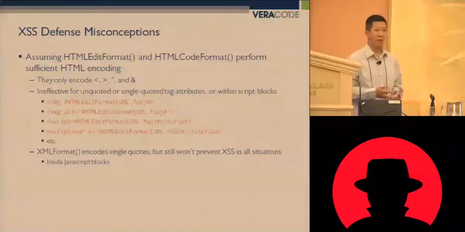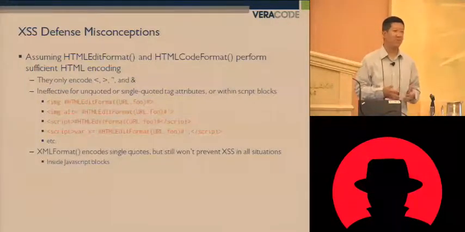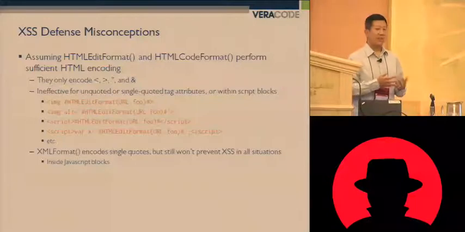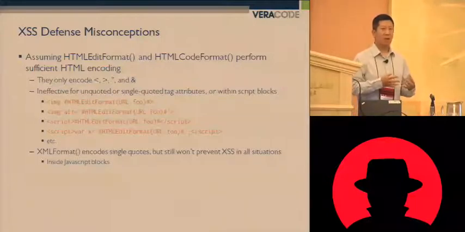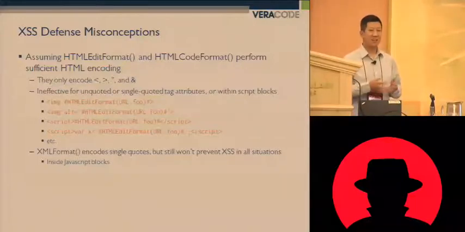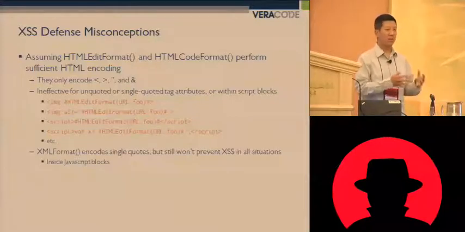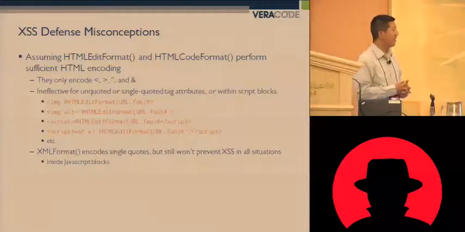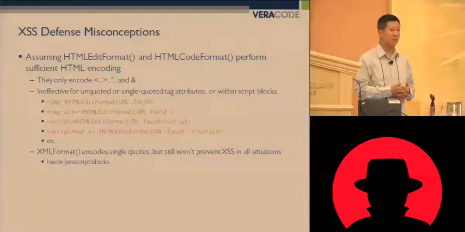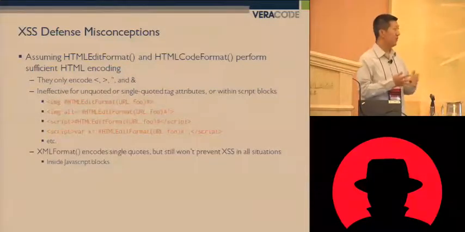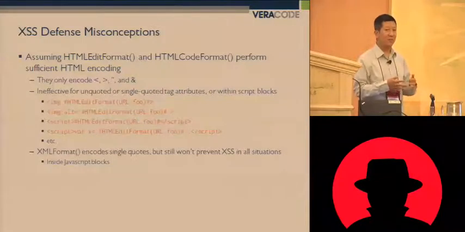If you are familiar with the OWASP XSS prevention cheat sheet, you know that encoding has to be done on a contextual basis. You have to look at where the data is being used in the context of the page and encode it depending on whether it's in a tag, an attribute, a script section, or a URL, and you have to apply the right type of encoding. Here we have a one-size-fits-all solution. They say use HTMLEditFormat, and it will encode those characters, and that's it. There are four examples of cases where you might use HTMLEditFormat and it would not protect you at all,